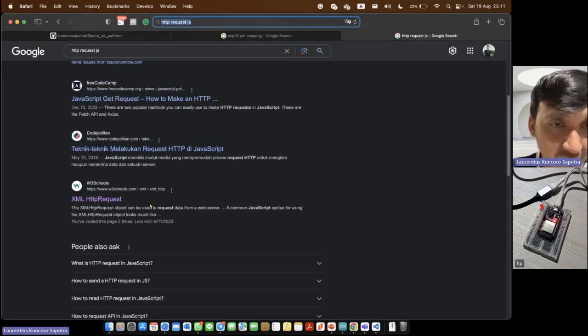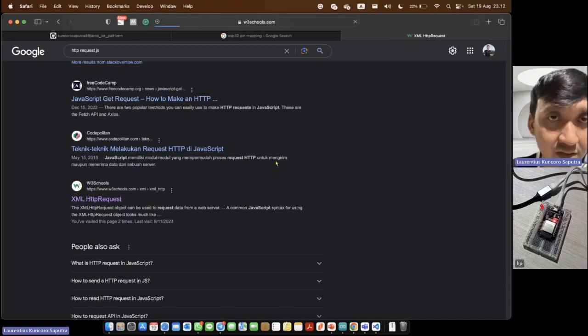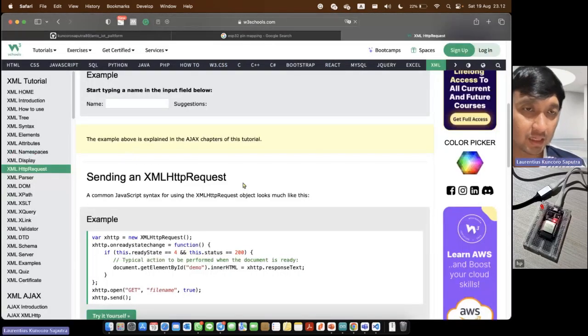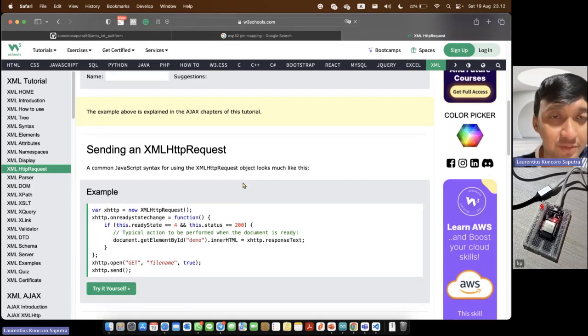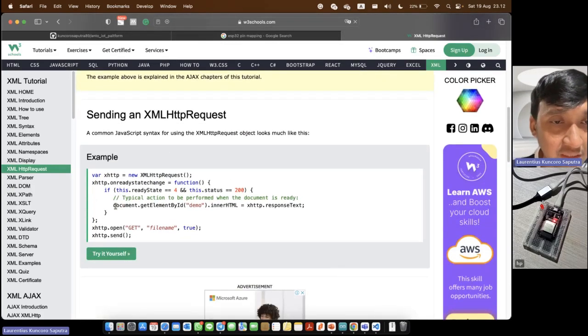We can see in W3Schools XML HTTP request here, sending an XML HTTP request in JavaScript syntax. We can copy this format.